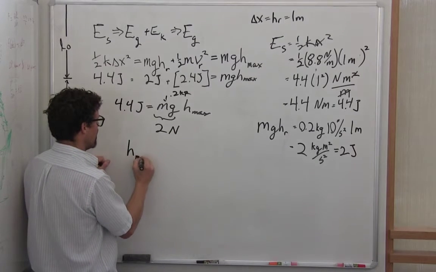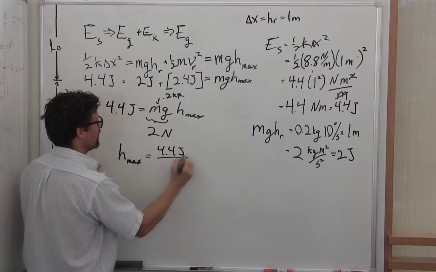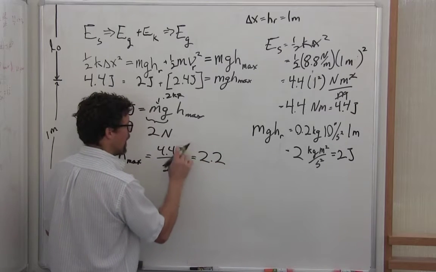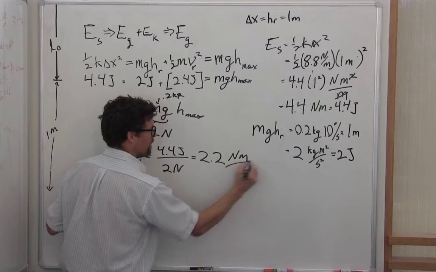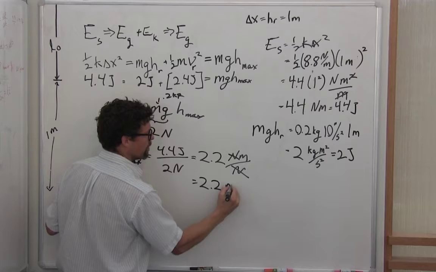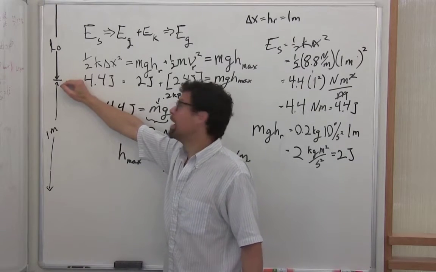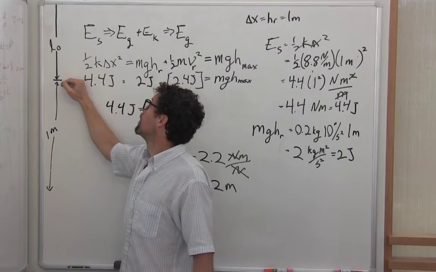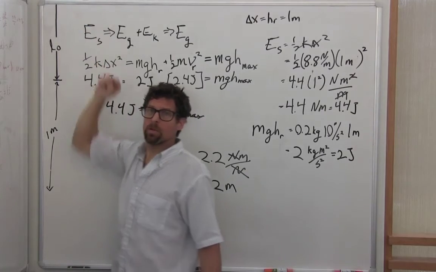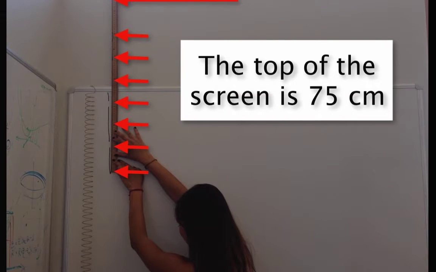So the maximum height is 4.4 joules divided by 2 newtons. And we can write this as 2.2. A joule is a newton meter, divided by a newton, is equal to 2.2 meters. So we start down here. 1 meter brings us to the equilibrium. And we would expect this mass then to reach its maximum height 1.2 meters up. Let's see how close we get. 1 meter elongation and